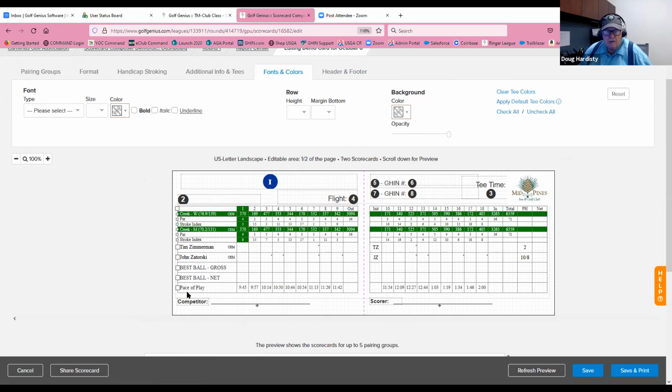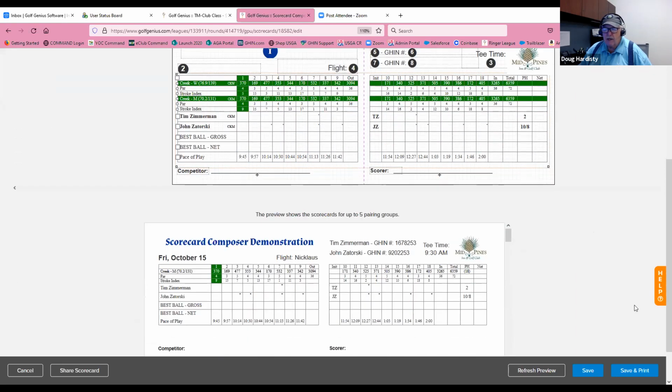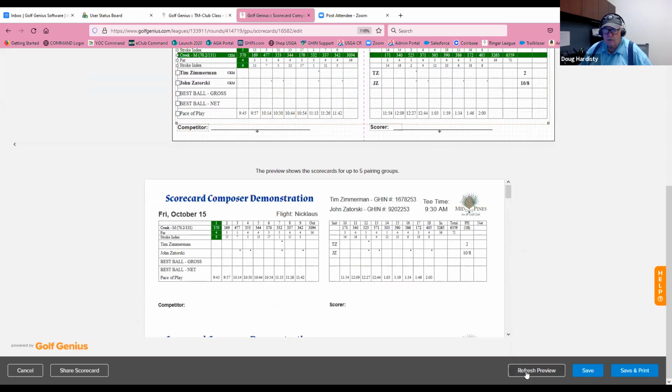The first thing I'm going to do is click to the left of Tim's name, so I select that entire row, and John's name, and I'm going to pick that entire row. And what I want to do here is bold that text. So I'm going to come up here and click the bold button. Now it's going to bold their information and their T information. But the good news here is it's also going to make these dots like 2 or 3 times bigger when they get to the card. Okay, so let's turn those 2 off for now. If I go down below and show you the preview,